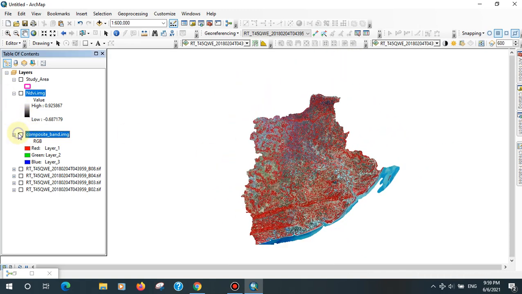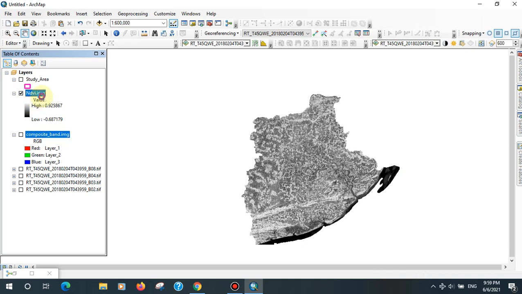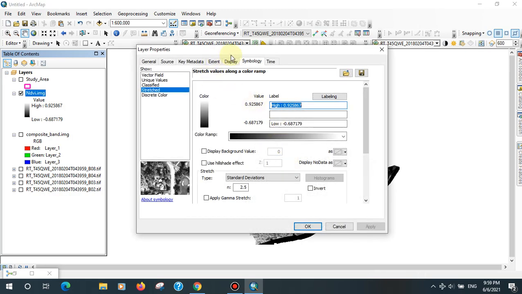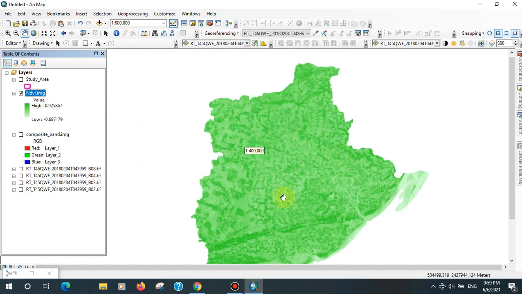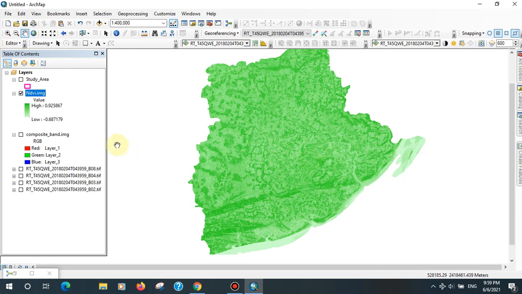Okay, and check the NDVI value. Here deep green shows a high NDVI value, so the vegetation health is good, and a low value is low NDVI.